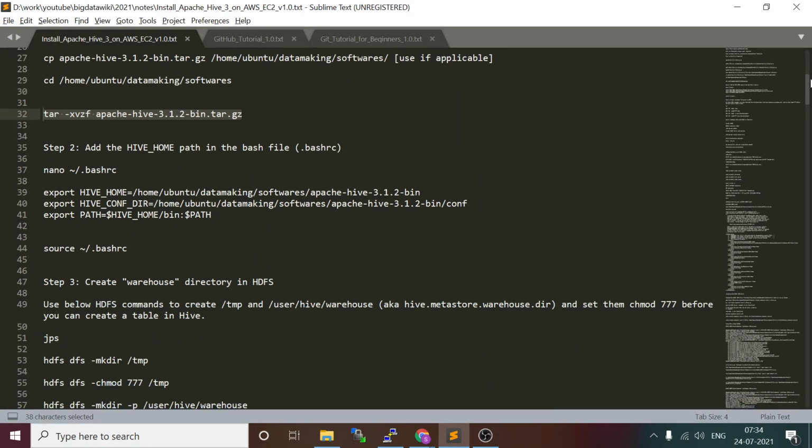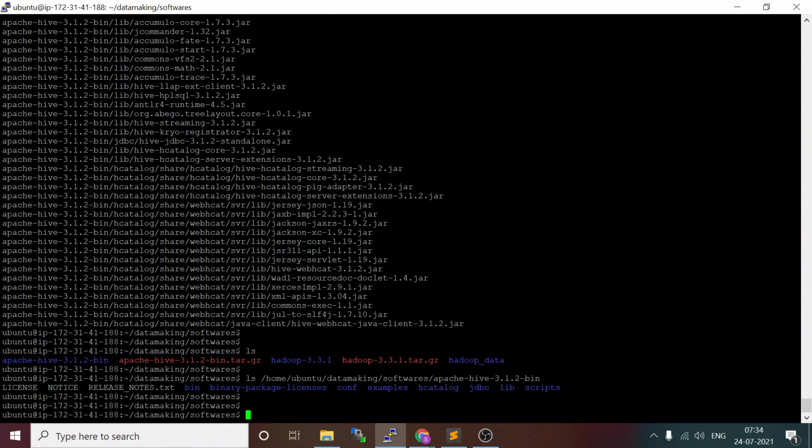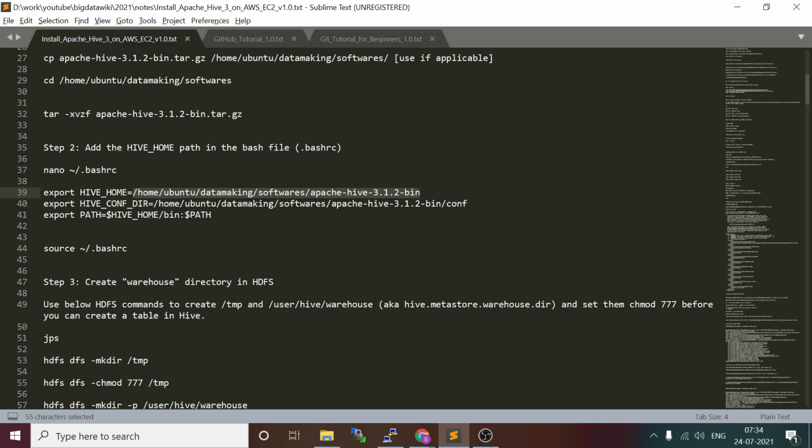This is the location we are going to use for the Hive home environment variable. We'll include this path for the Hive home. HIVE_HOME is one of the environment variables, so that all your Hive commands can be invoked when you set this environment variable. Similarly, we set the Hive configuration variable.